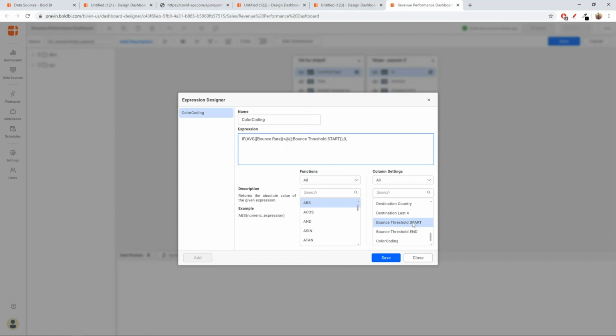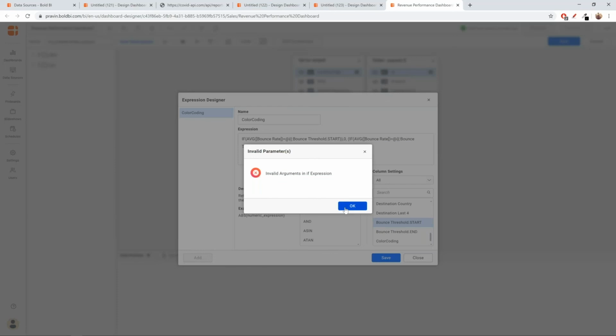In the false condition, I'll add another if condition: if bounce rate is greater than threshold dot end, which is the end of the threshold range that we configured, then I'll return 2, which is going to be a red color, or else I'll just return 1, which represents the intermediate region. Okay. I'll just save this.